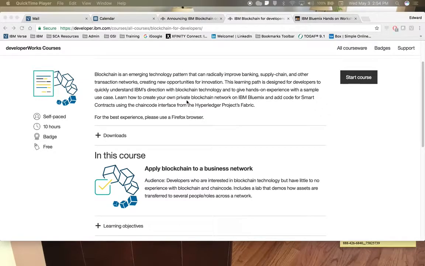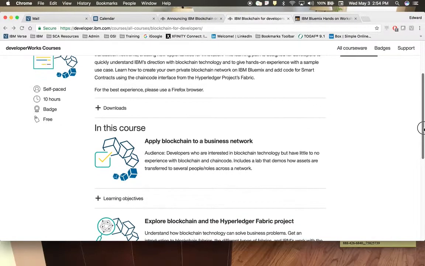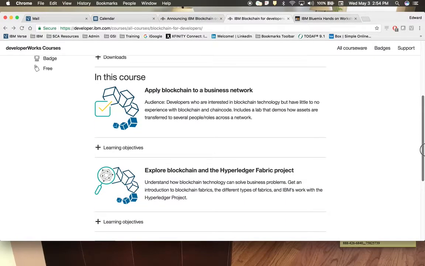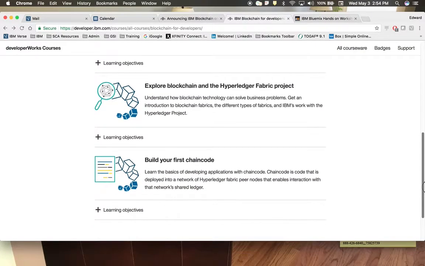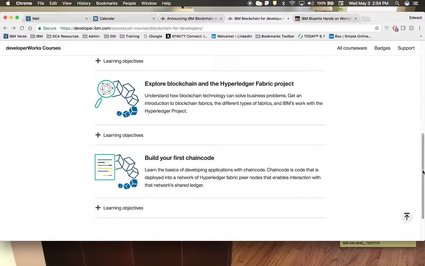I'm Ed Mulder from IBM, and today I wanted to go over how to set up a blockchain network and do some chain code on Bluemix. To do this, I'm actually going to leverage one of the courses that you can find on DeveloperWorks. There are three that talk about blockchain, how it applies to a business network, and Hyperledger Fabric. And the final one is build your first chain code, and that's what we're going to focus on